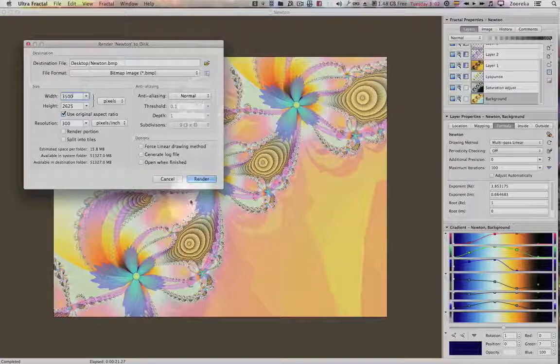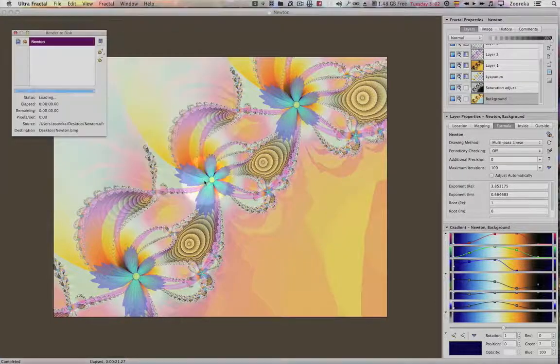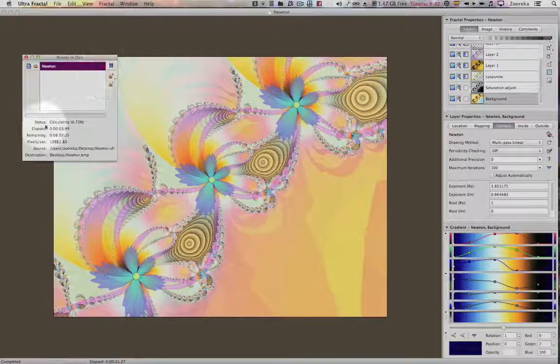So what I'm going to do here is click render, which will bring up the render to disk dialog. We just leave this open until it's done, or you can pause it, close the program, and come back to it. That's the beauty of Ultra Fractal. You can basically interrupt a render, and as long as you don't move the